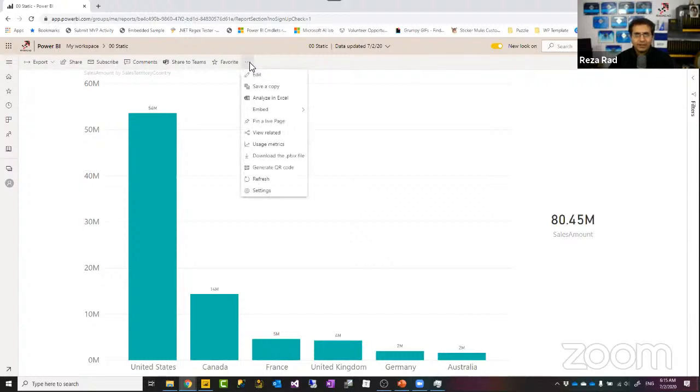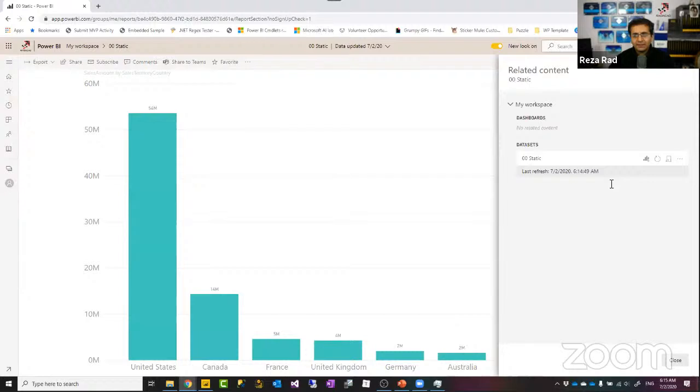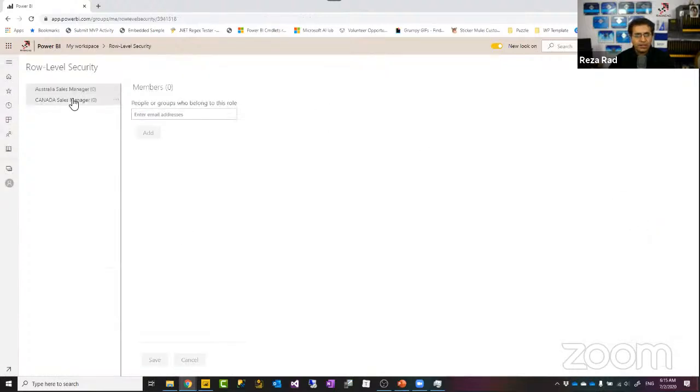Now I can go to the data set related to this, because row level security is configured at the data set level, not at the report level. Using view related, I see the data set. Here it is. Now, when I click on the three dots here, one of the options is security, which I go to. I see these couple of roles defined, and any other roles if there were any.